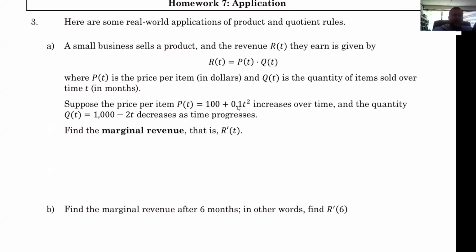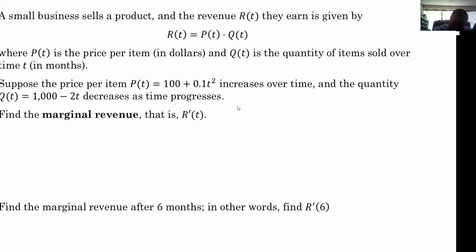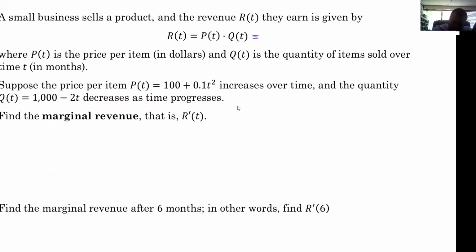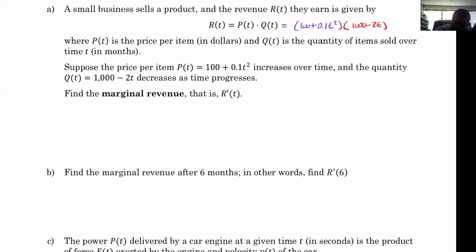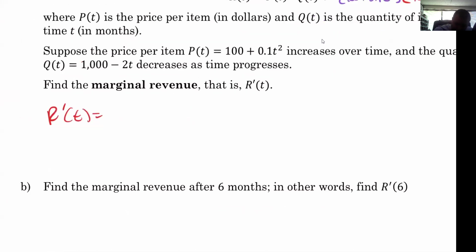In this one, I have a relatively nice function, right? So I told you that P of t was equal to 100 plus 0.1 t squared, and Q of t was equal to 1,000 minus 2t. So you could really easily expand this out if you wanted to, but I'm just going to do a little chain rule. All right, so we know that r prime of t is going to be our second function